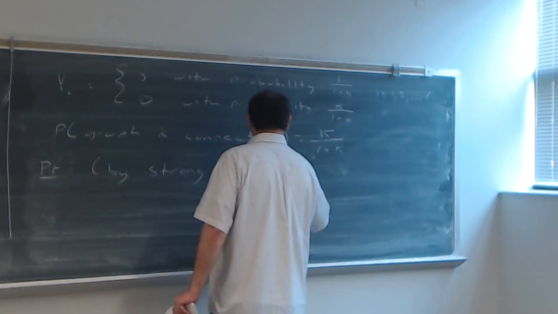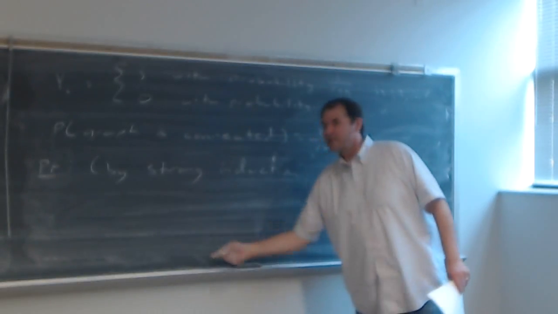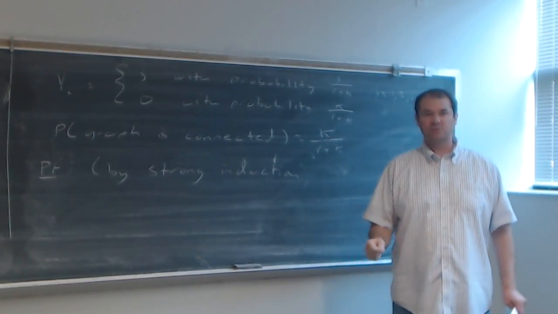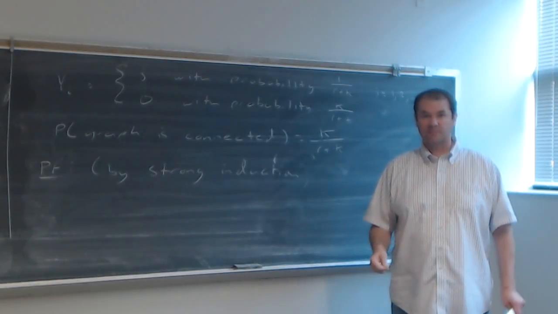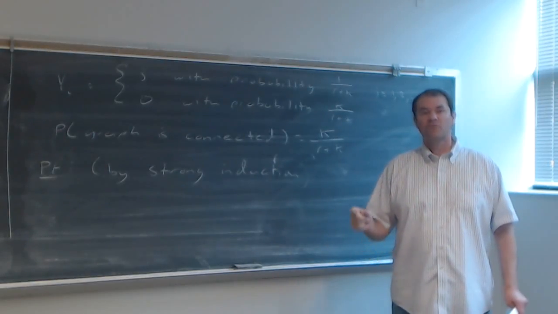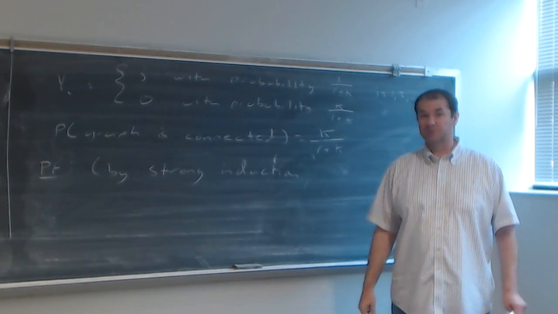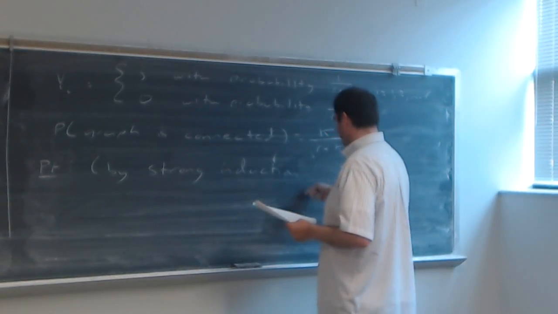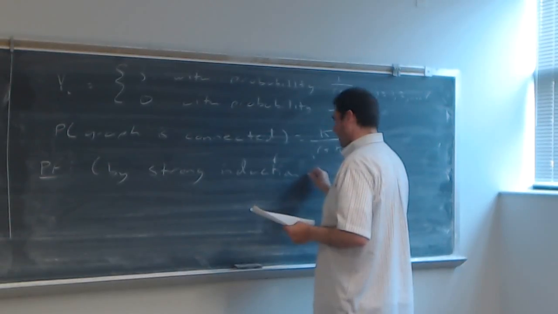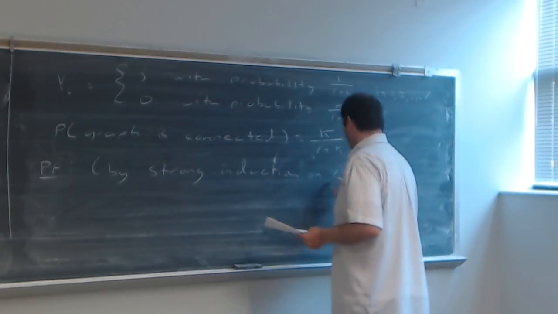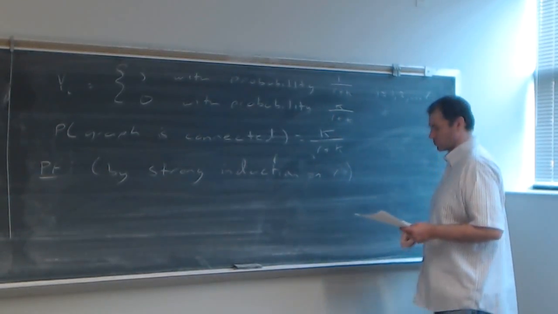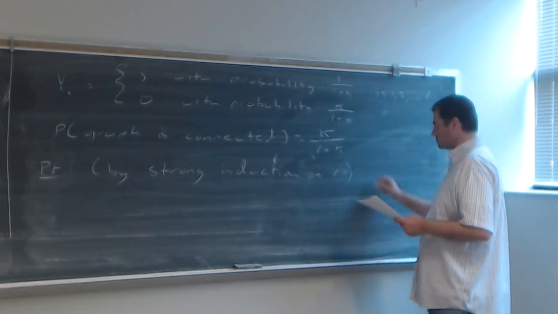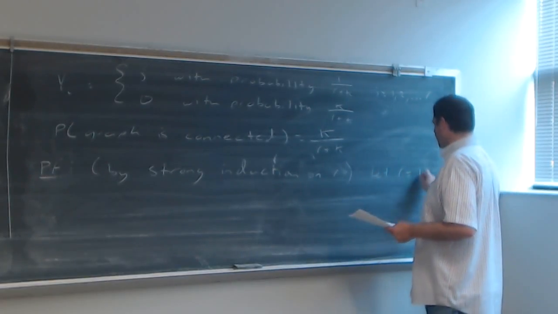So it's an induction proof where we don't only suppose the statement is true for K and have to show it for K plus 1. We assume the statement is true for all natural numbers up to K. But instead of using K, I'm going to have strong induction where the variable is going to be R. Consider, so let R be equal to